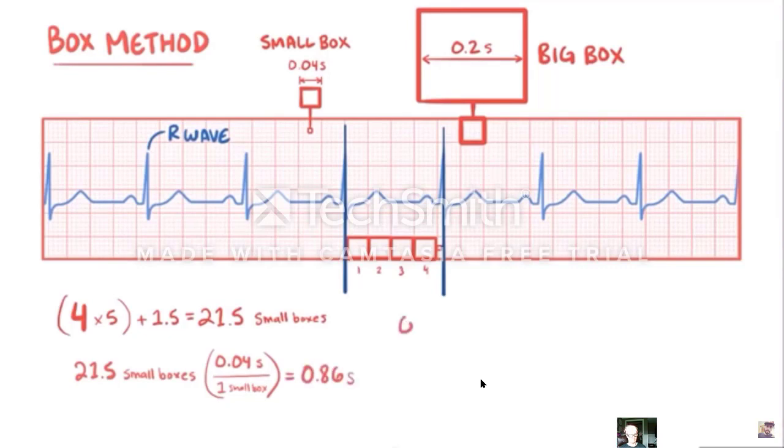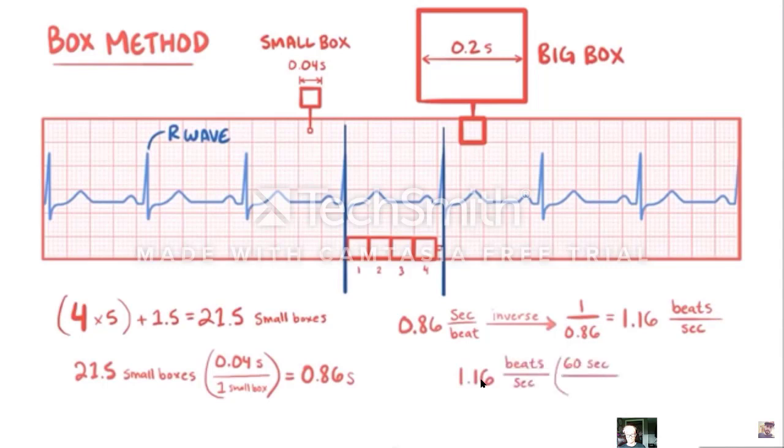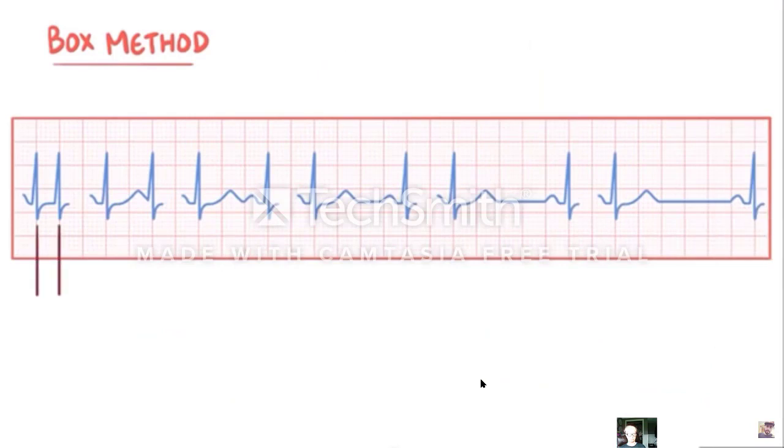So the units here are seconds per heartbeat. Now to get something a little more meaningful, we can take the inverse of that, which is 1 over 0.86 beats per second, or 1.16 beats per second. Now, since there are 60 seconds in a minute, we can multiply this by 60 and end up with 70 beats per minute, which is the heart rate. Now, if the distance between 2 R waves is exactly 1 big box, then the heart rate would be 300 beats per minute,